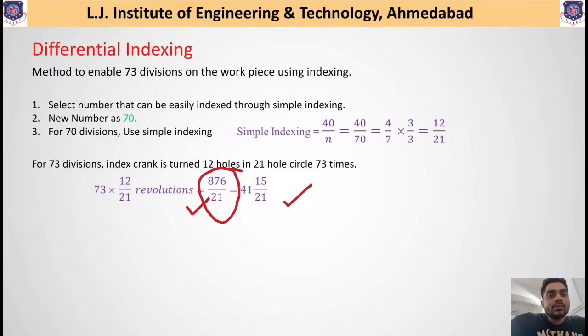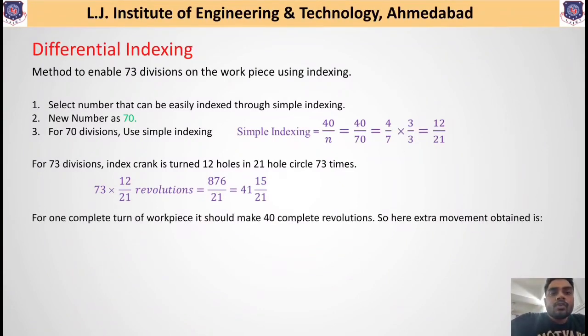So it is not possible to obtain an equal number of divisions or an equal number of teeth on the workpiece. So whatever extra movement we have given to this workpiece needs to be removed, and to remove that we are using that gearing assembly. So first of all let us obtain the value which is the difference from that 40 number.